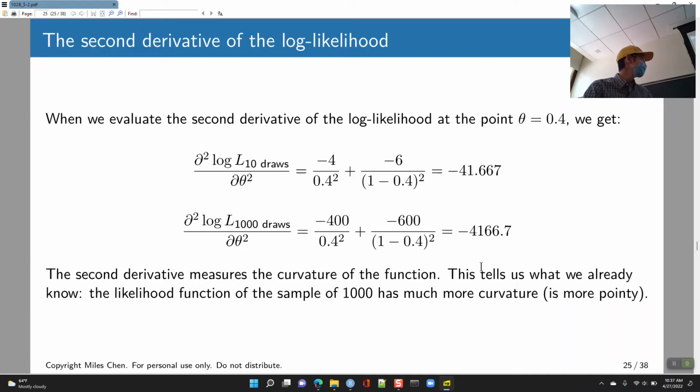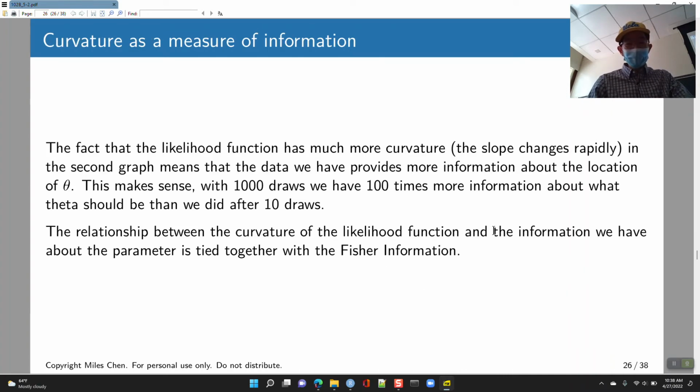And this tells us that this has much more curvature. That is, it's much more pointy in that the slope changes rapidly. We have a lot more curvature. And what this reveals to us is that we have a lot more information about where theta is